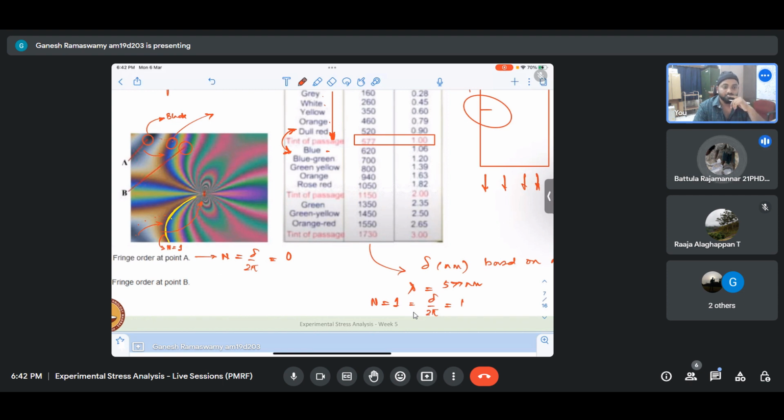Yes, every point in the fringe will be 0, which means that we will be seeing only black and white. A combination of black and white only. So these fringes will be black, and the places in between will be white. It will just be black and white bands, in which case we will not be able to discern one fringe from the other. So we cannot tell fringe order based on a black and white image unless we know,